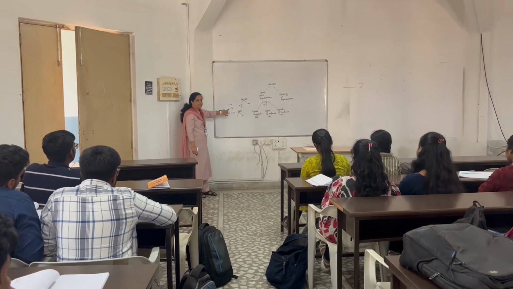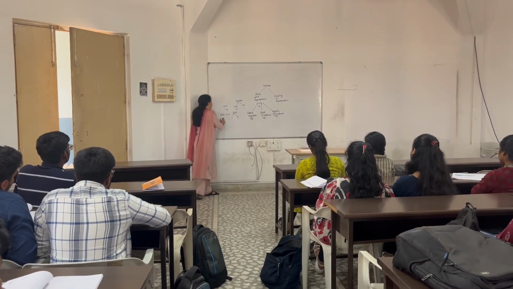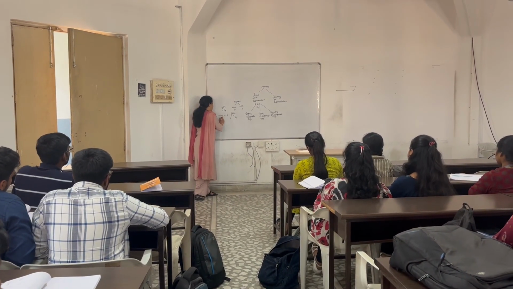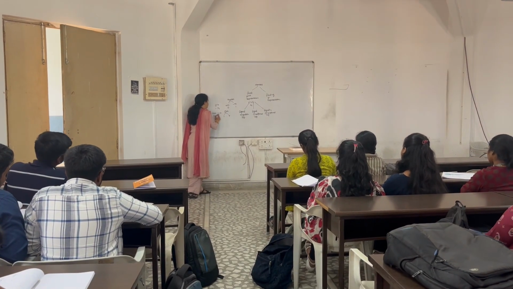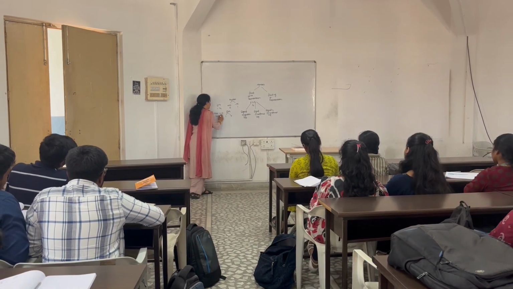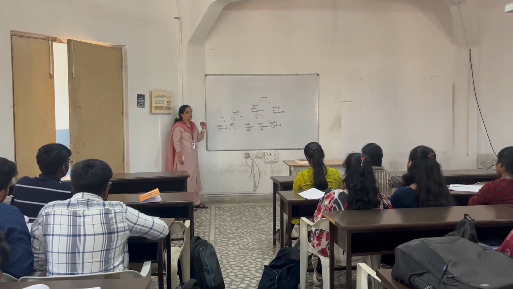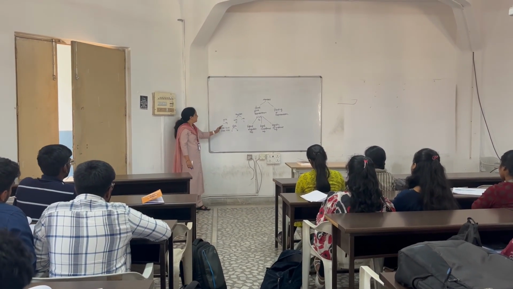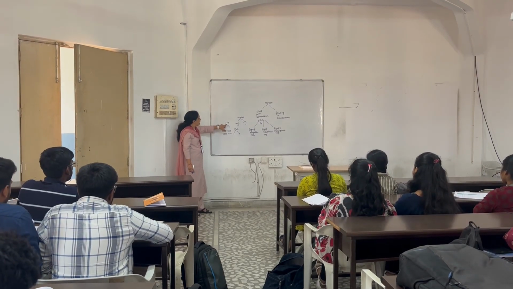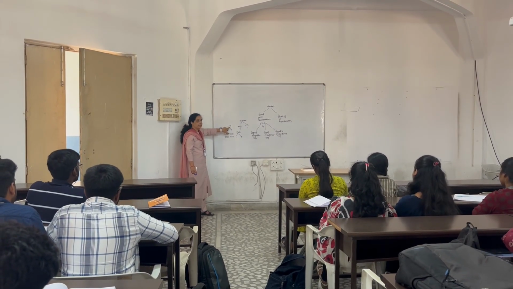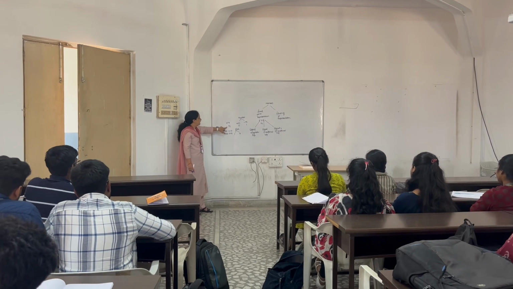If you want to represent minus 14, the first bit is for sign, that is 1, then 0, 0, 0, and the remaining is represented in the same way. To represent plus sign, sometimes we are not using any sign, but if it is a negative number,